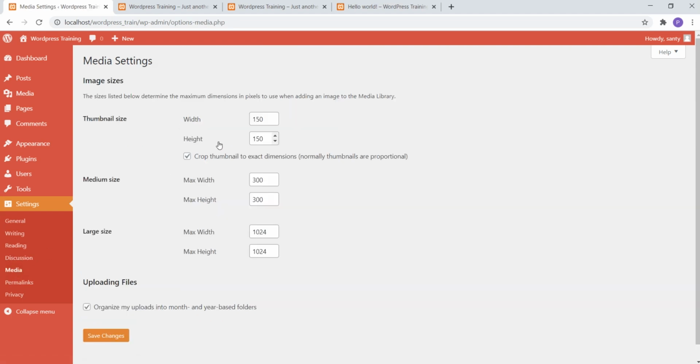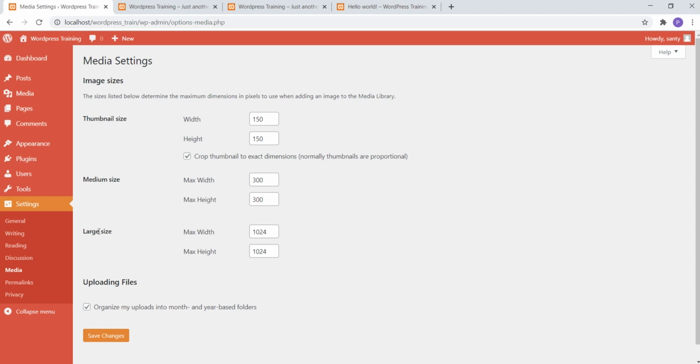Next is your media. These are the default sizes that are available, and you can make changes. If you want a thumbnail size throughout your website with a particular width and height, you can mention it here, and likewise for the medium size and large size. Whenever you make the changes, the original file that you upload gets converted into these three files apart from the original. So whenever you upload an image with some resolution, it gets duplicated at your thumbnail size, medium size and large size.